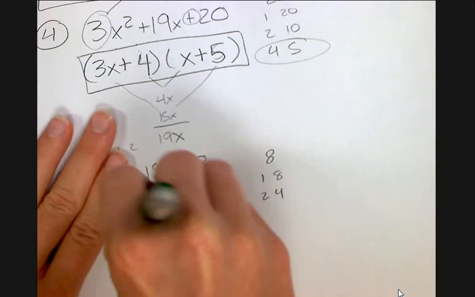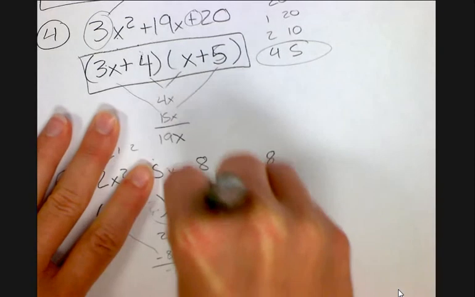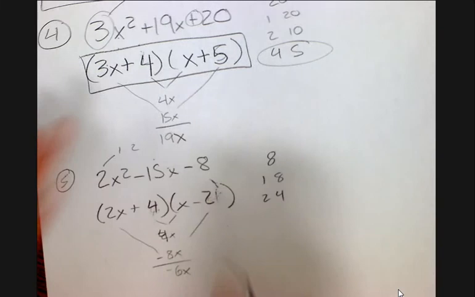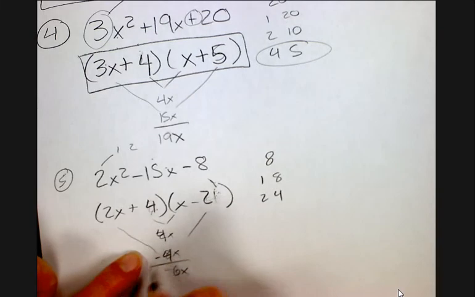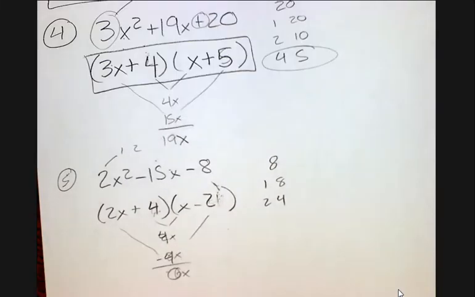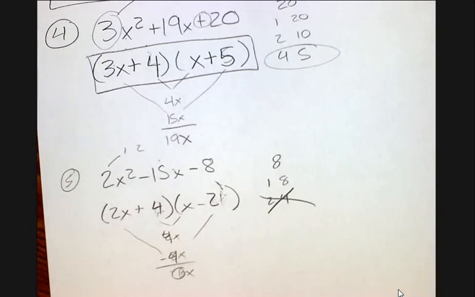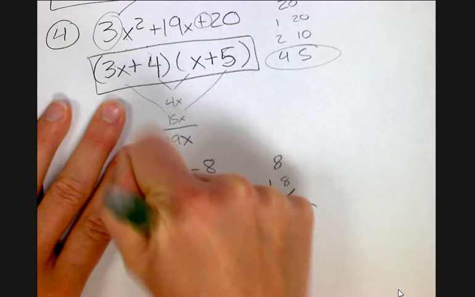So let's try 4 and 2. So this will be 4x this time. This will be minus 4. That gets you 0x. That does not work either, so we know 2 and 4 are not going to be our factors. So let's try